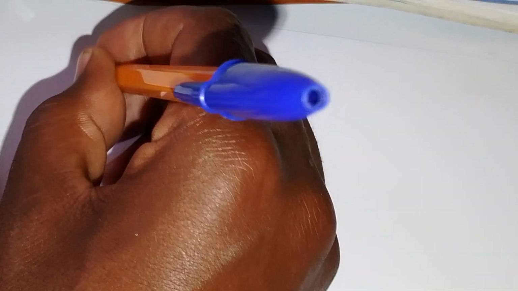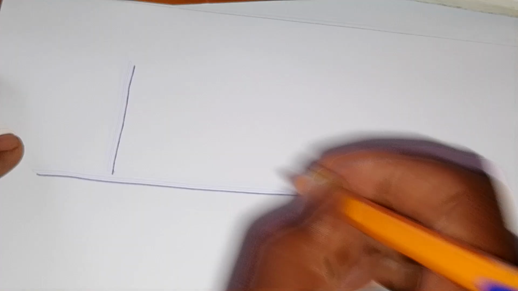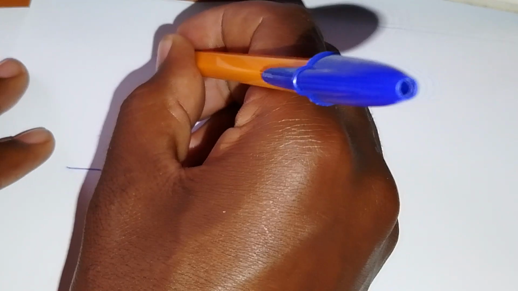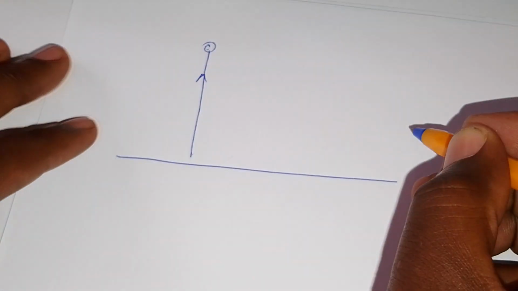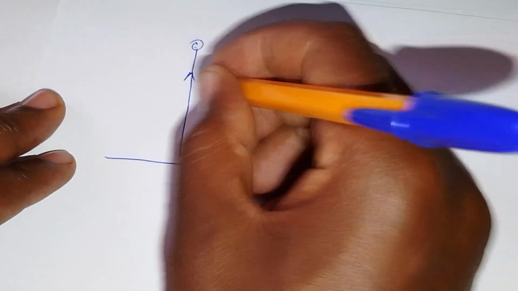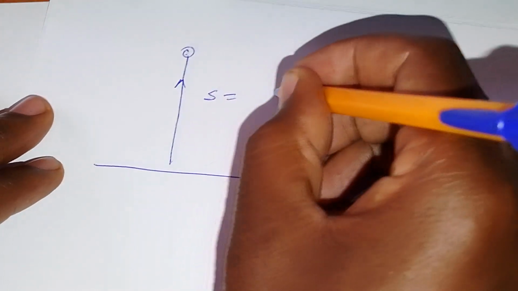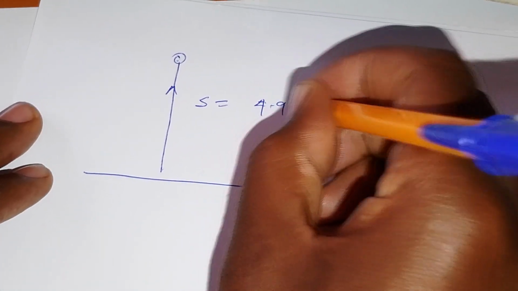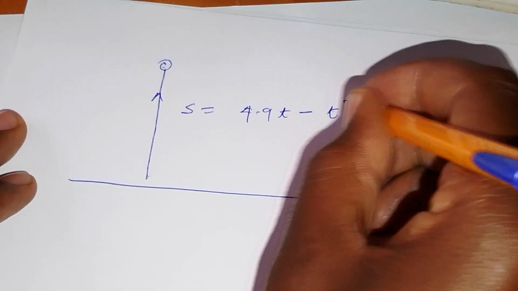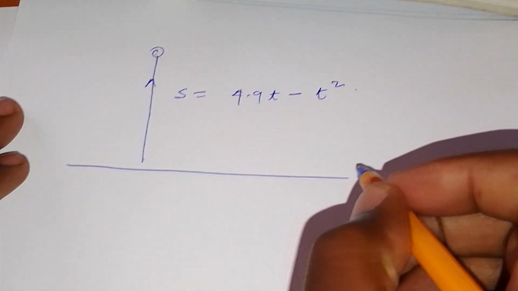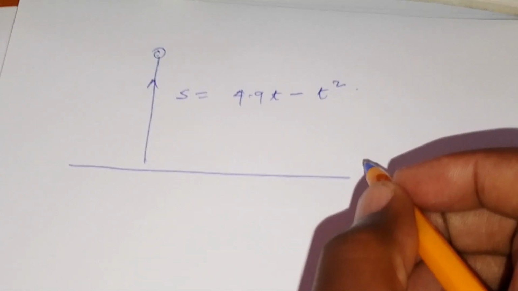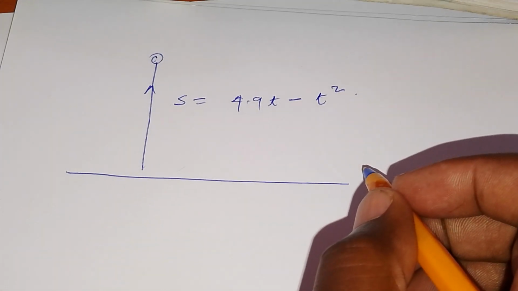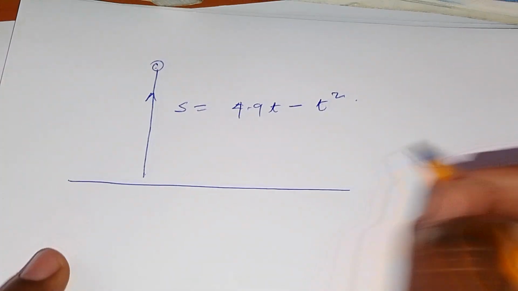Okay, so I'm going to handle the solution here. So I'm going to draw this kind of representation. This is the stone which has been thrown vertically upwards, and then the height here, or the displacement, is s equals 4.9t minus t squared. Okay, so we are determining the maximum possible height it reaches, but then for us to do that we need